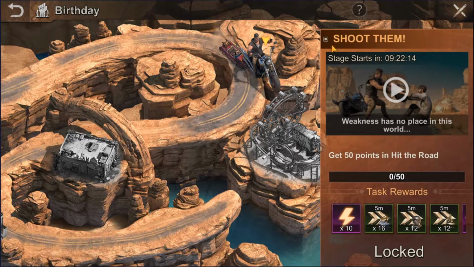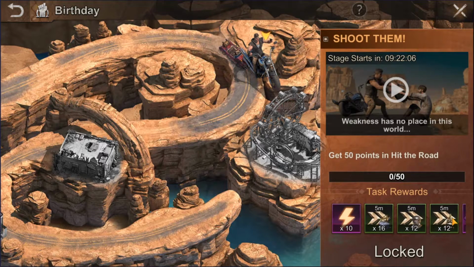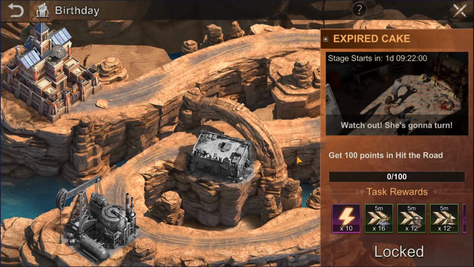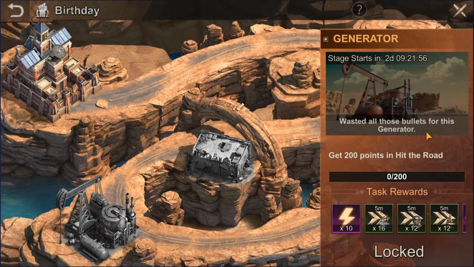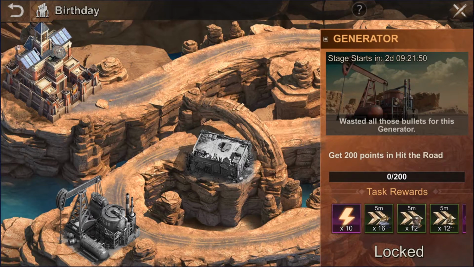I don't know why there are so many questions about it, maybe because of the confusing description, but there are several buildings on the way of your car, and each building is unlocked at a certain point. So basically, when the countdown timer reaches 0, the building is unlocked, and at that moment you will be able to obtain rewards. In order to obtain rewards, you will need to score a certain amount of points by